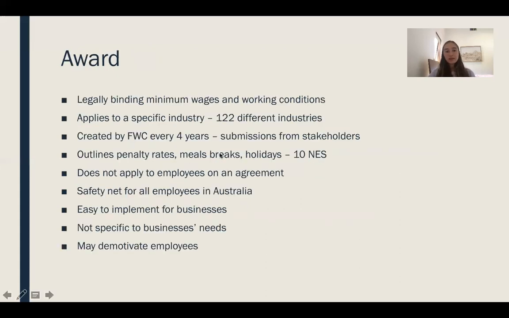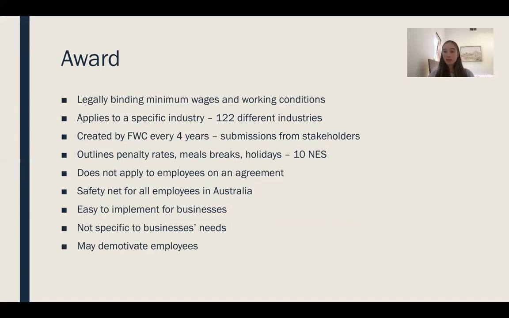So that brings us to the end of termination. Now we're going to be moving on to our workplace relations section of the area study. Within workplace relations, we focus on two different ways of paying employees and determining their working conditions. And then we work on to the different participants in the workplace.